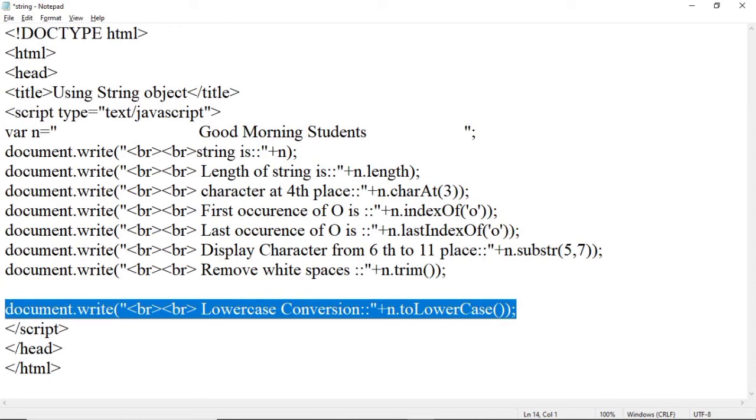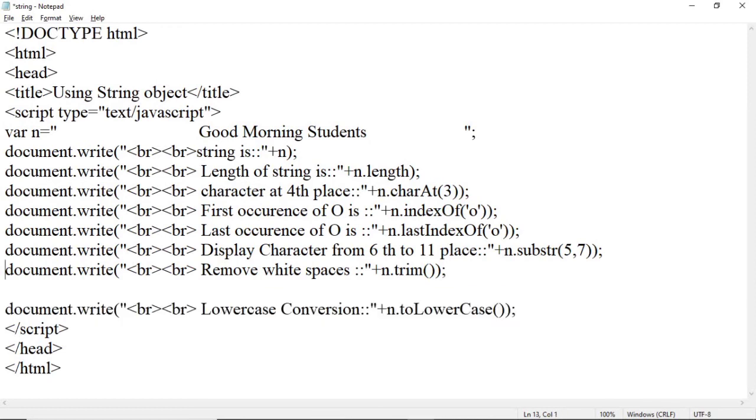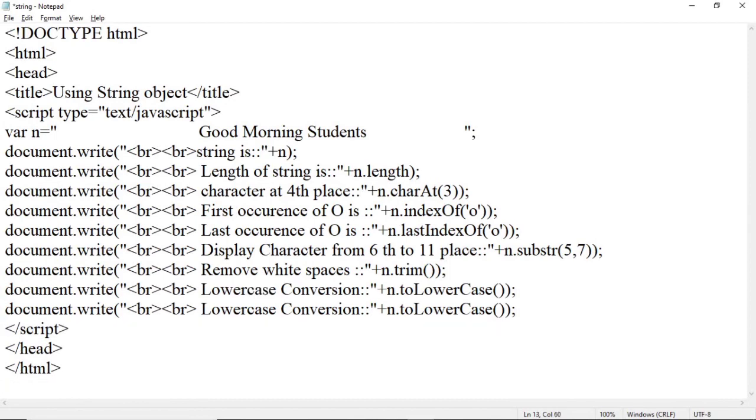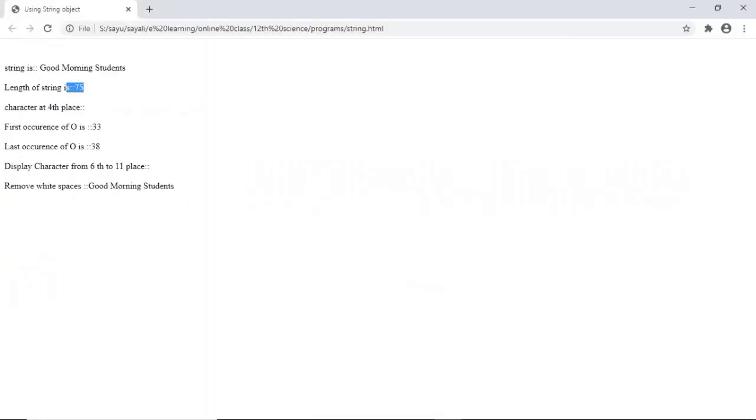So copy this statement and paste here. Here we only use uppercase, and this will be the uppercase conversion. Save this program and now execute it. Here it is the uppercase conversion, and it is the lowercase conversion.